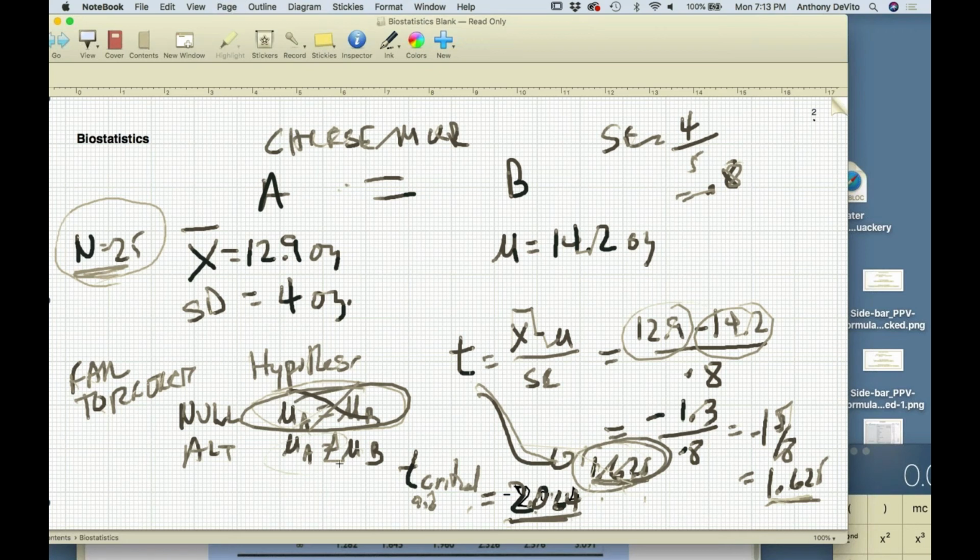2.064, sure. Okay, so what's the sample size here? Sample size here is 25, right? Okay, so sample size is 25. That sample size and the level of certainty we want, that alpha is equal to 5%, right? The level of chance of being wrong. We want less than a 5% chance of being wrong, which is kind of the same thing as saying we want to be 95% certain. We go to the t-table